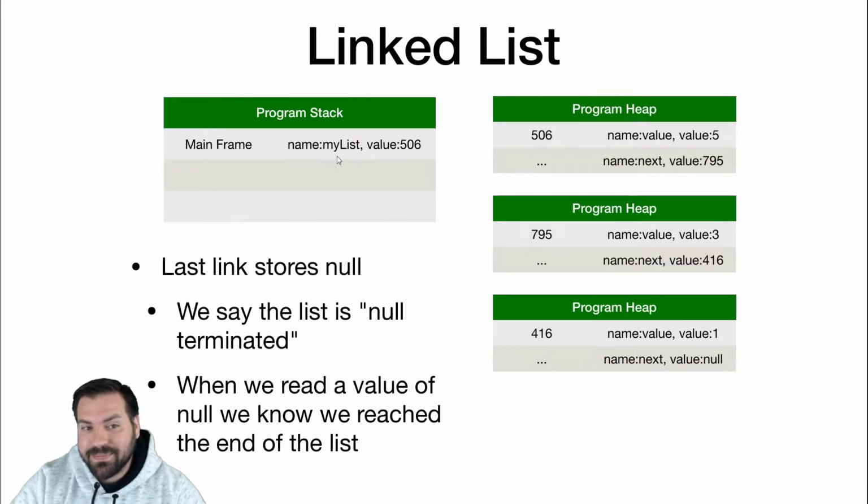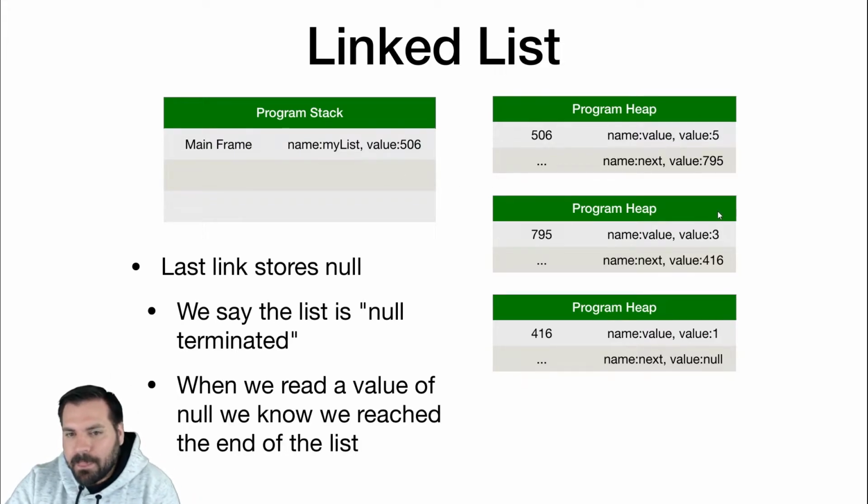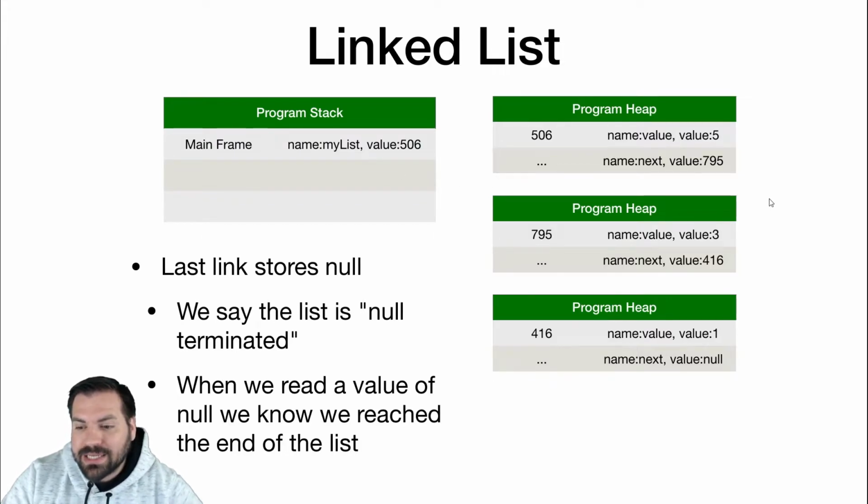And this is it. On the stack, you store a reference to the first element of the list, and each element stores a reference to the next element. And then once the reference is null, that's the end of the list. So this is how we represent the list 5, 3, 1 as a list of ints, as a linked list. And by the way, Scala's list, the list that we've been using all semester, is a linked list.